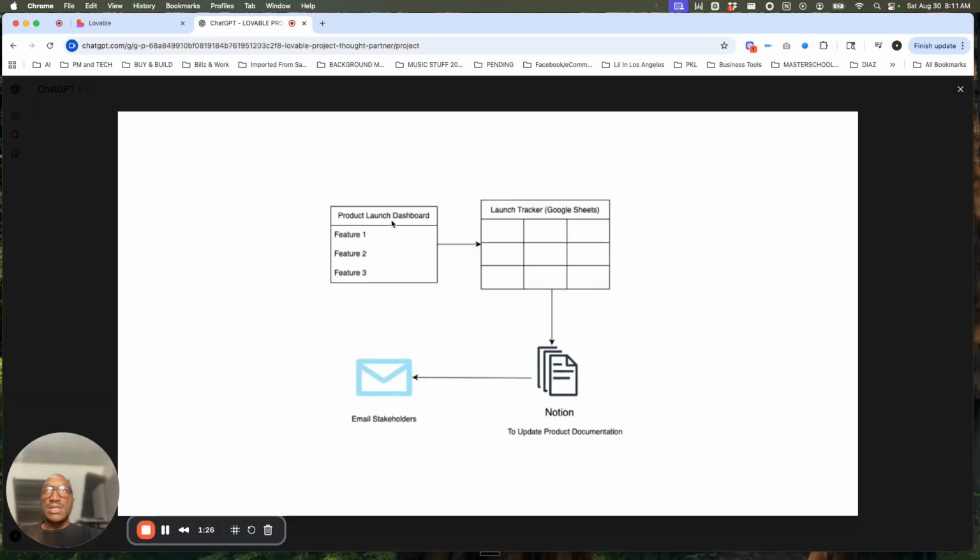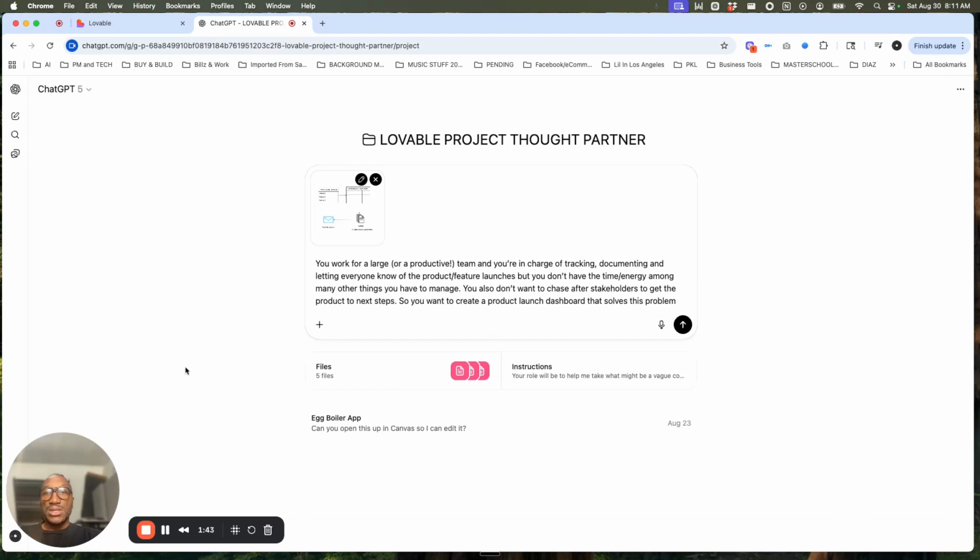So we have the dashboard. It's going to add an entry, a row into a Google Sheet. Also update the product documentation in Notion, and then email stakeholders, right? So that's the flow that we're looking for. And then also on this,